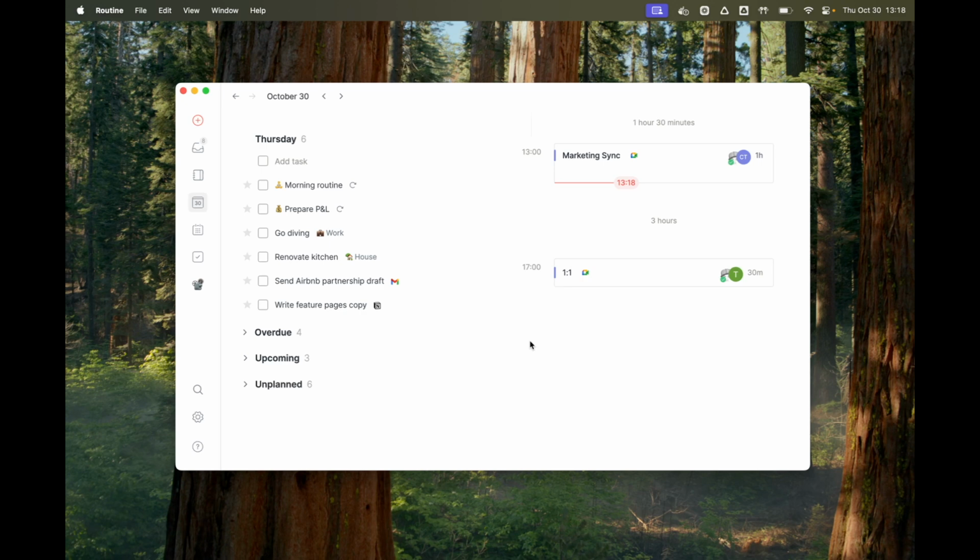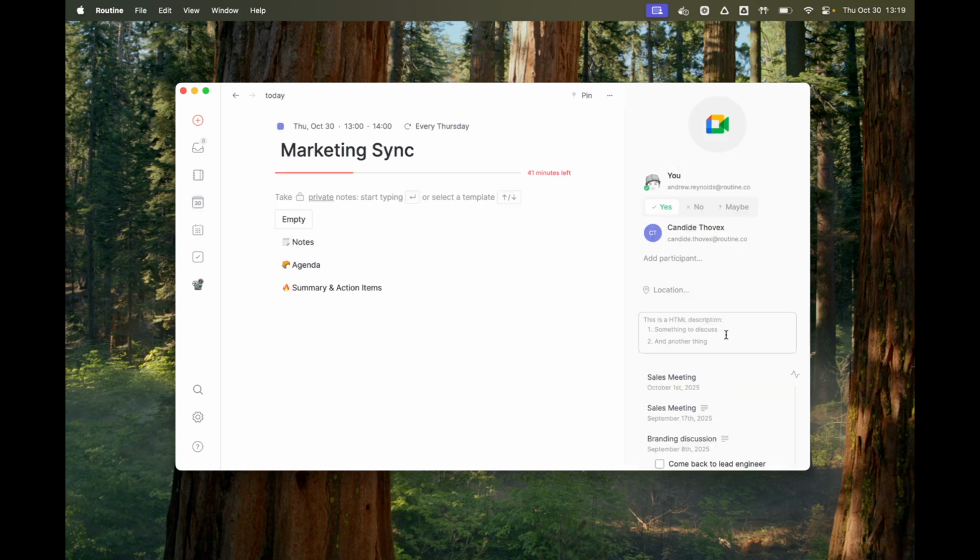Another thing that we've done, which will be visible here, is that the description is now displayed. It's an HTML description when it's coming from Google Calendar and other providers, and we were before displaying that as pure HTML, which is obviously not very readable. Now you can see it being displayed as human readable content, but if you want to edit it, you can